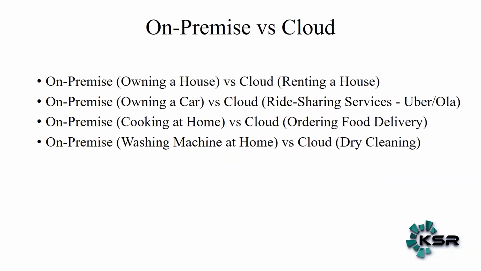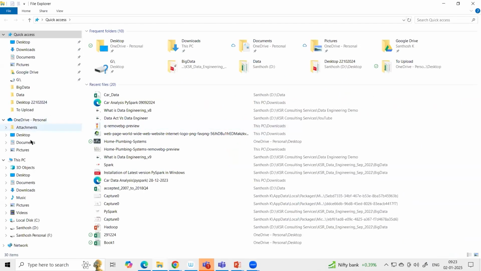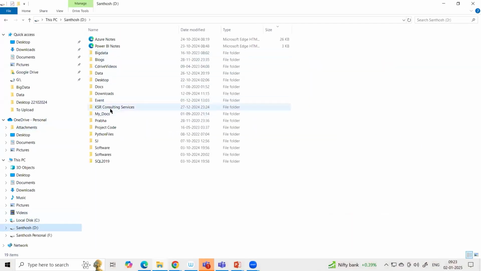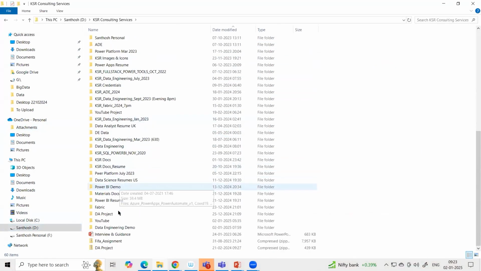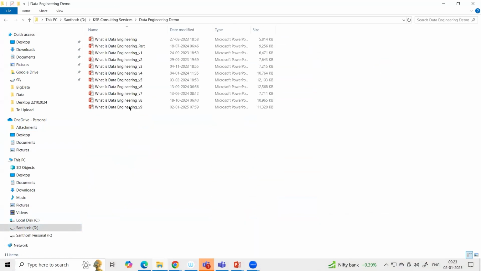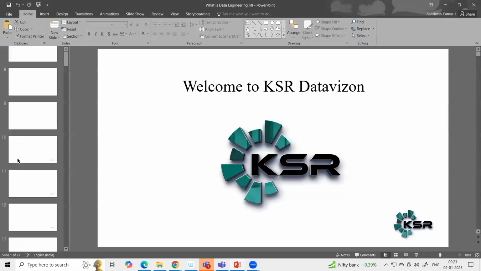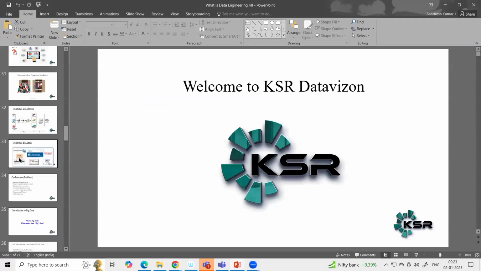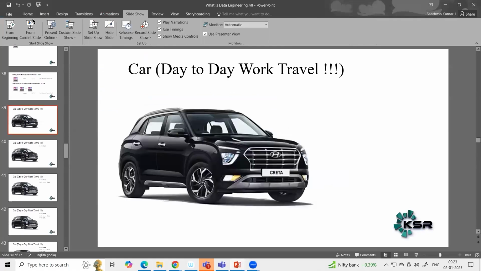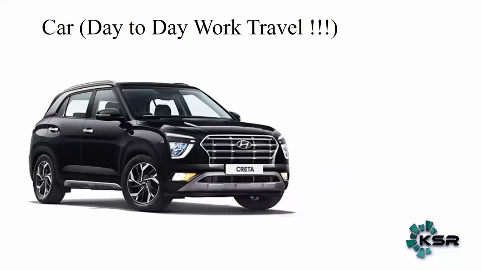Petrol, right? You have to maintain petrol. Or maybe I can show you that example as well. Just give me a minute. If you are looking for a car example, I'll give you a car example also. See, imagine I want to travel to work and my favorite car is Creta, but I don't own it. Simple. So to buy a car,